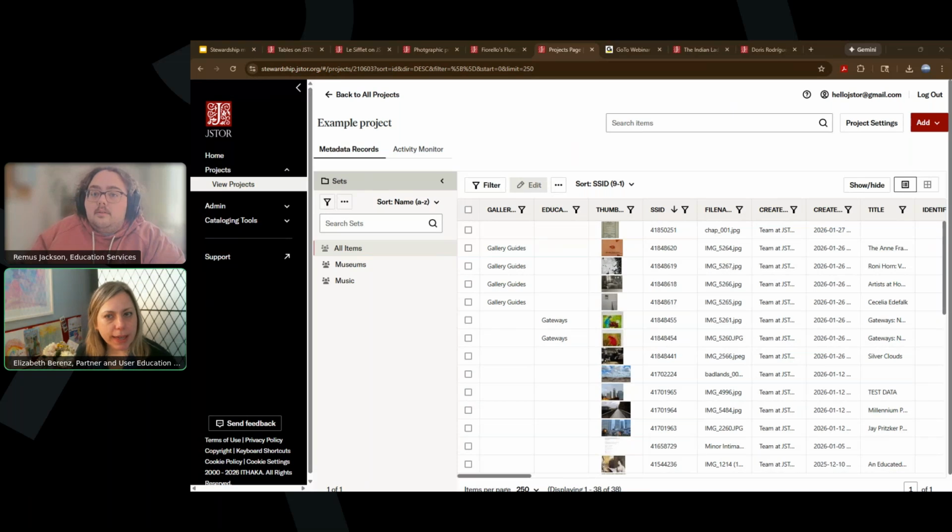I see a question here about accessibility. Remus, I don't know if you want to take this on, but whether we are planning any workshops or webinars on accessibility requirements. Sure. So I'm actually working on a